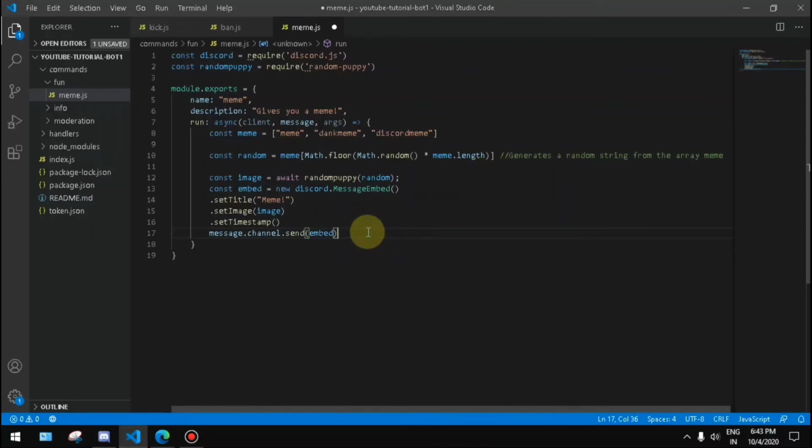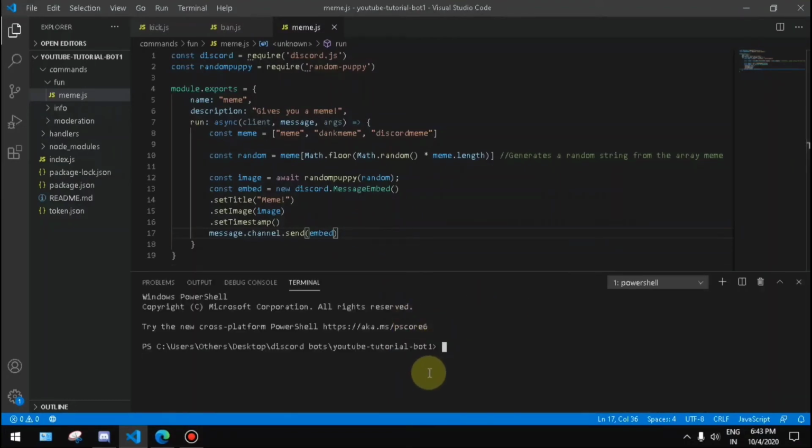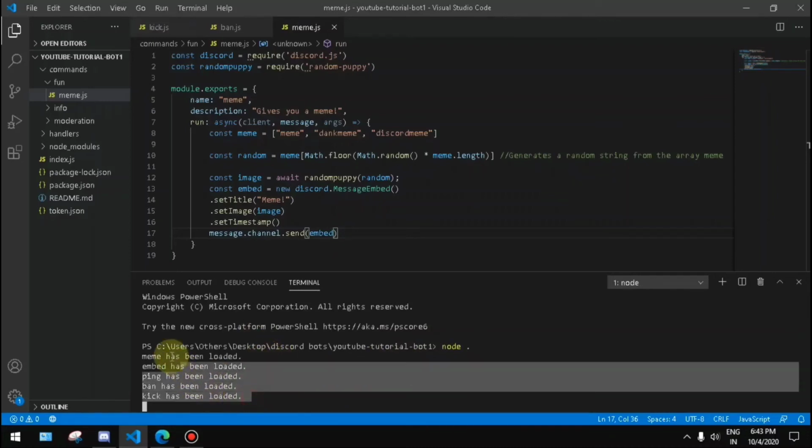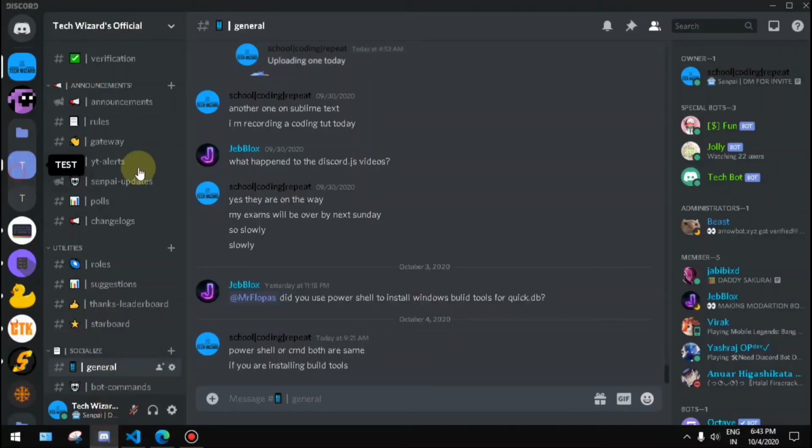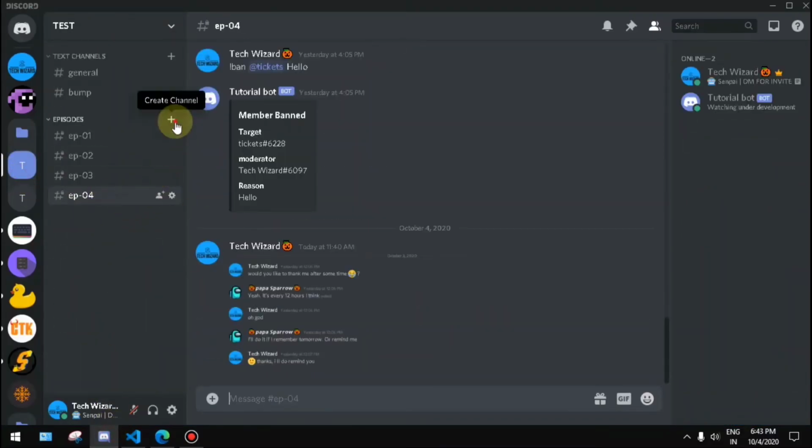So let's go ahead and test the command. You can also await the sending function. So for example, if you did await message.channel.send(embed), that would also work fine, but it's not necessary. So if I go into the tutorial server,